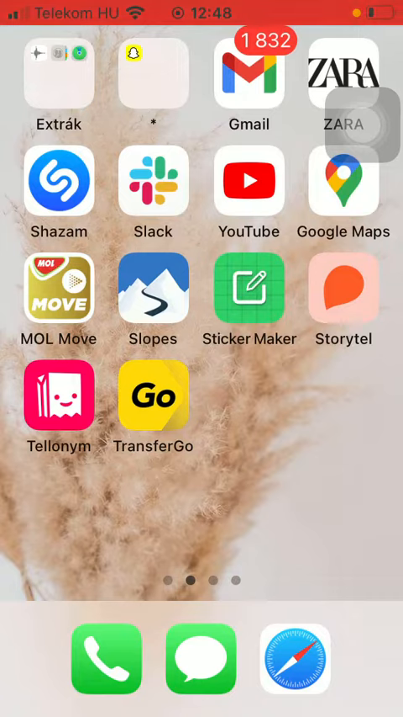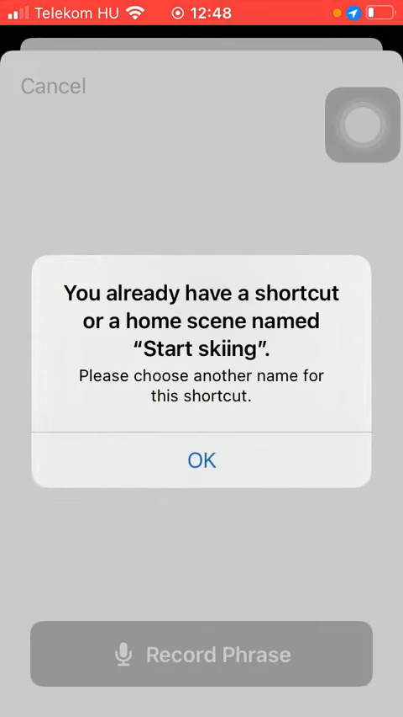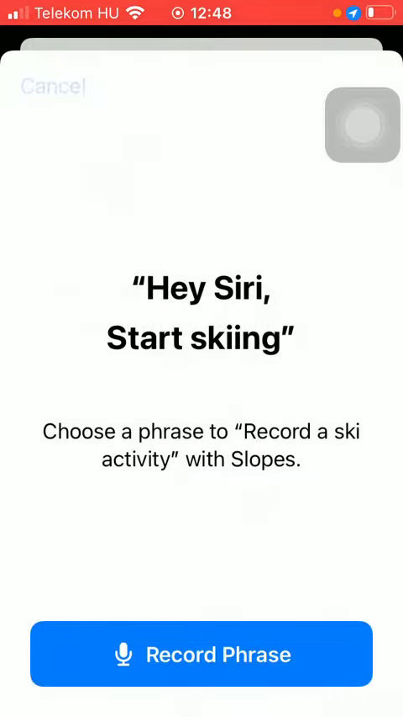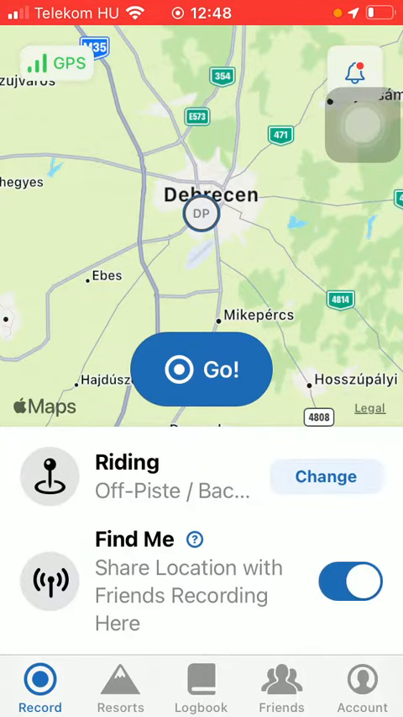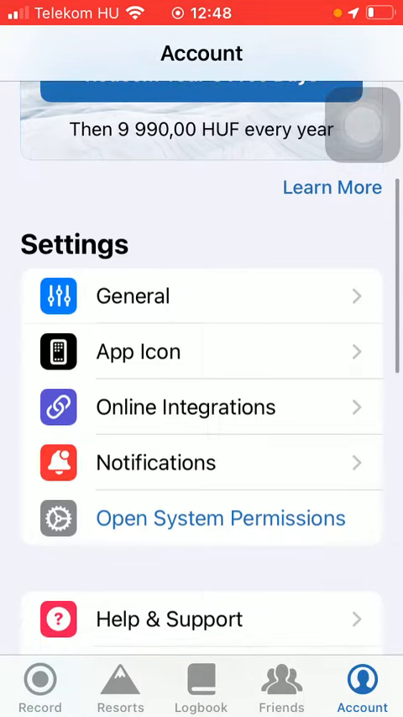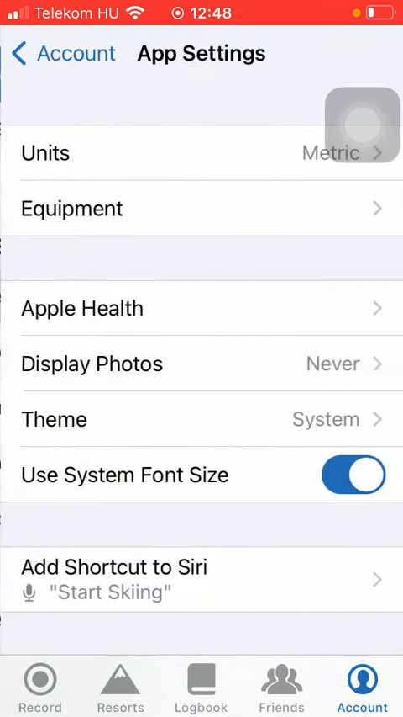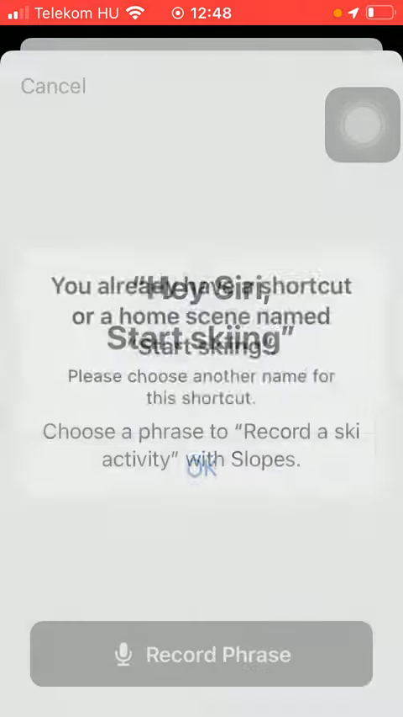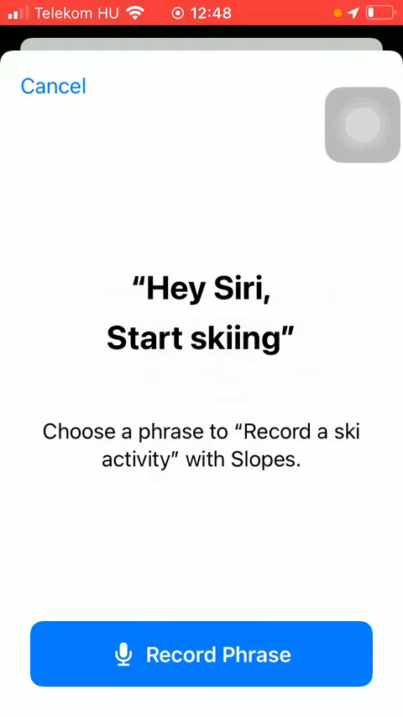First of all, open the application on your phone. After that you should tap on the account button down below, which is the last option. Then you should go to the settings section and tap on general, which is the first button, and after that click on add shortcut to Siri down below, and after that you should tap on the button done down below